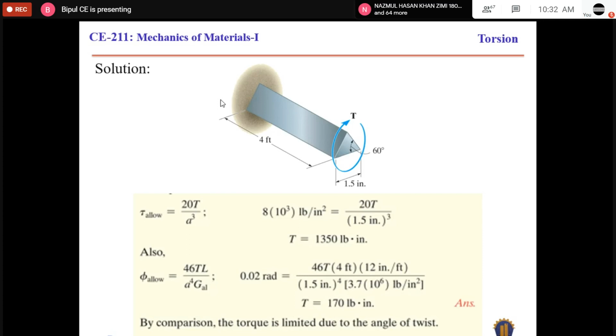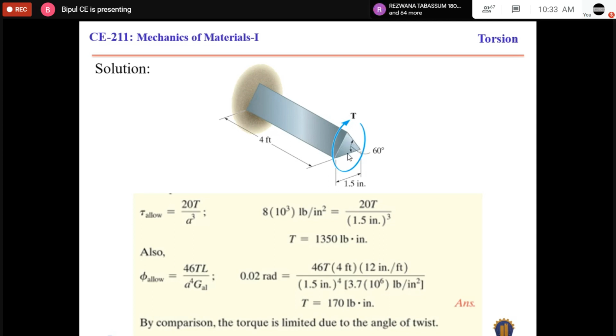If we maintain the same length of both shafts, that is 4 feet, for this shaft and for the circular shaft,